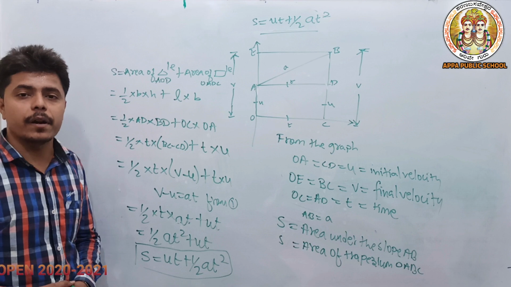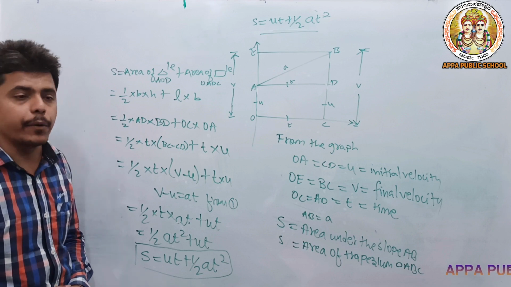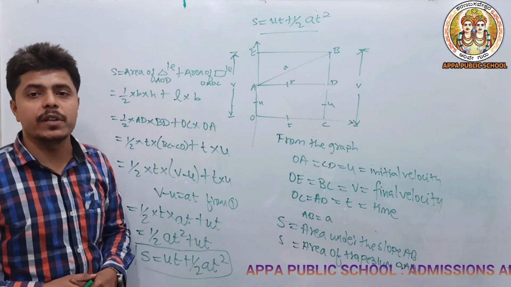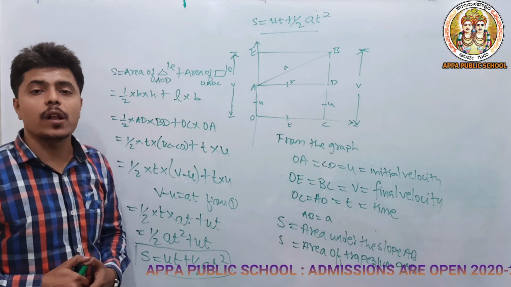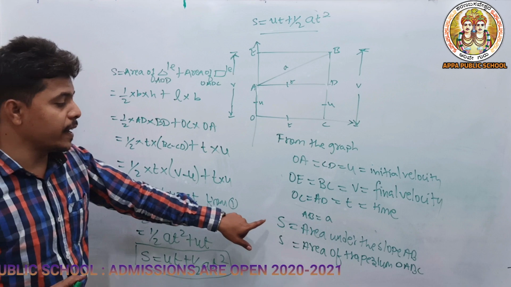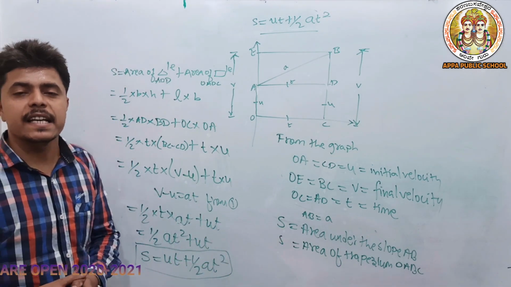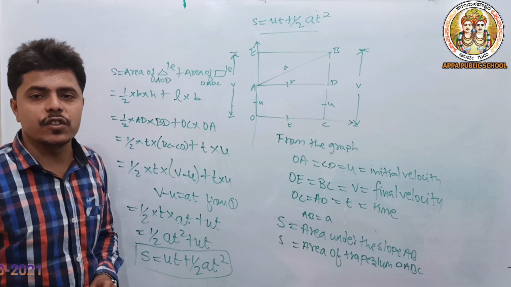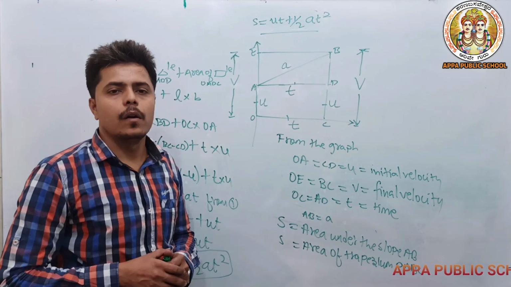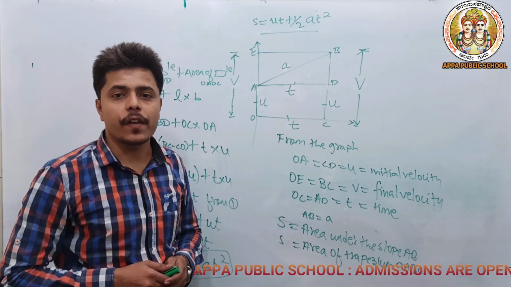That is the position-time relation by graphical method. This is the second derivation of equation we have derived. The graph is common for all the three derivations. These are the given things, and then finally we get the distance or displacement. So hence we have derived the second equation, that is S is equal to UT plus half AT square.